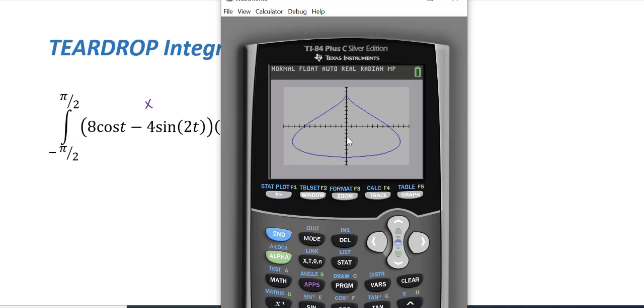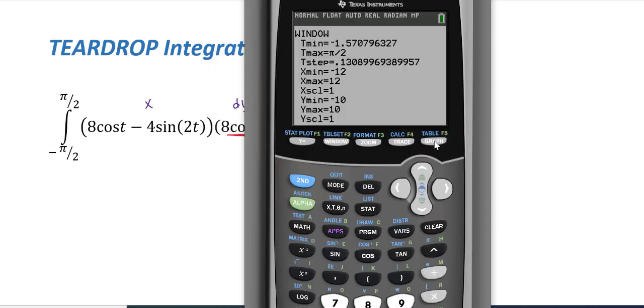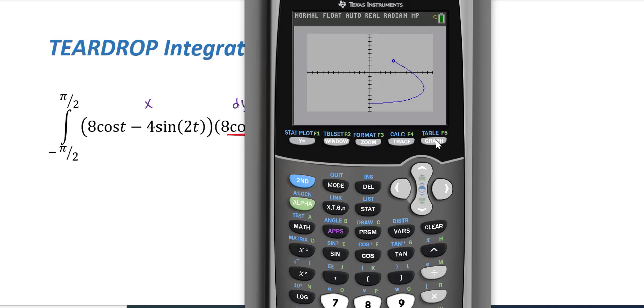And we said that we could integrate this right half. So if I change my window to just be negative pi over 2 to pi over 2, then what I can see is I get the right half of this teardrop. And if I look at a horizontally laid rectangle to add up all my infinite areas of the rectangles using my Riemann sum, I am stacking them from the bottom to the top, and I can see that it's an easy kind of right minus left, where the right is always the teardrop edge and the left is always that